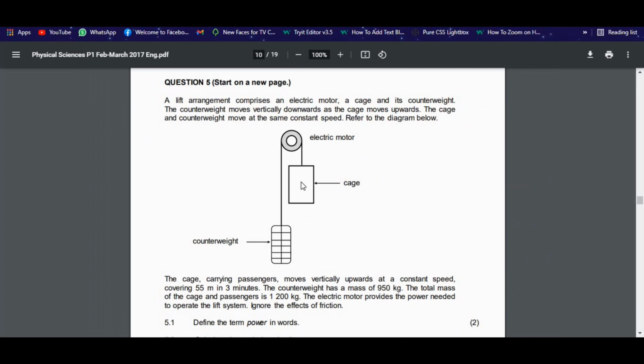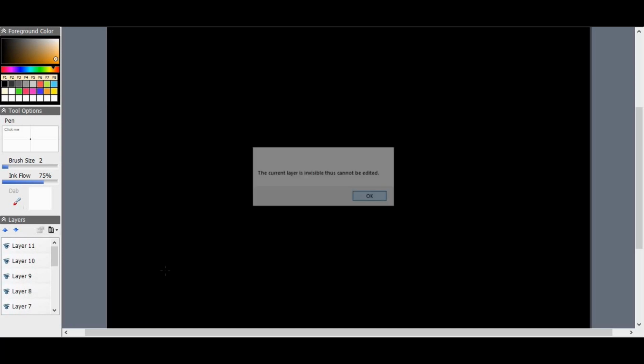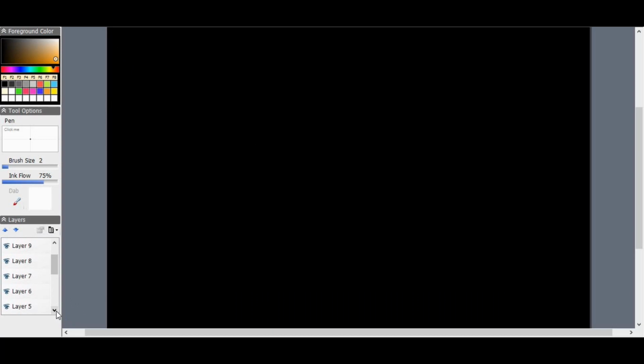What I will do about power first is, as we can see, the first question in question 5 of 2017 FEB March is: define the term power in words. So I will at least define what power is in words. Let me just make sure I have a decent layer here. There we go. The term power, as defined in words, is basically the rate